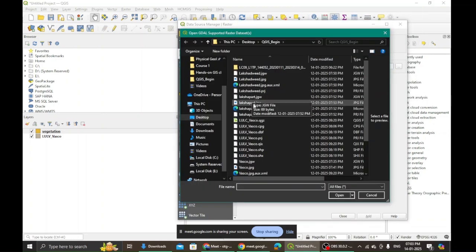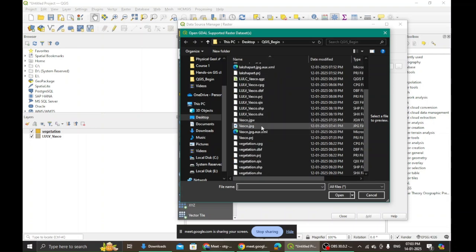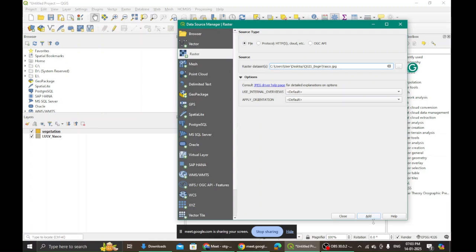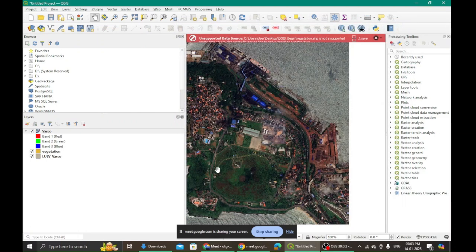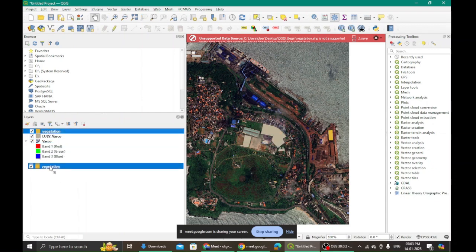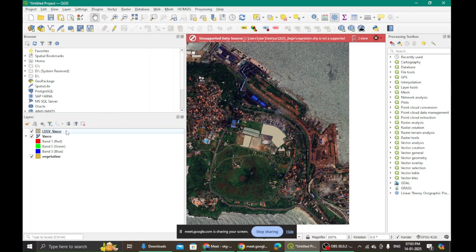My raster layers were called Vasco, and it will be a JPEG file. Add, close, right? This is what I was trying to do. I can also make this arrangement. If I bring this image down, then everything comes up, right?